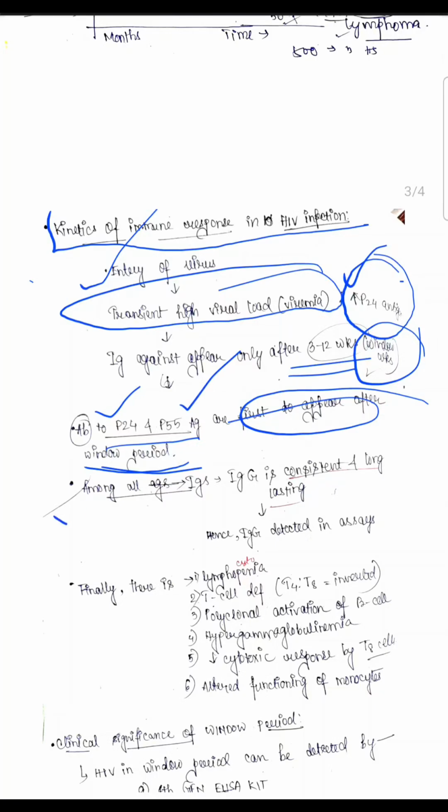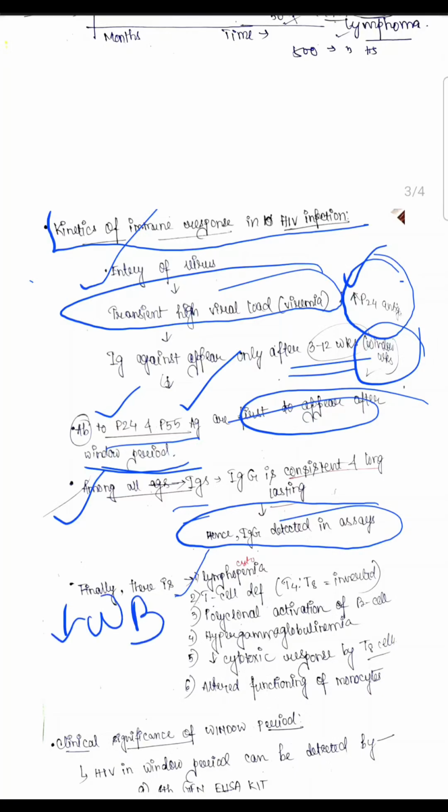Okay, now next, among all immunoglobulins or antibodies, which is the long lasting? We know for every kind of infection the long lasting antibody is mostly immunoglobulin G. The IgG is the consistent and long lasting antibody, and here there is no exception. So the IgG is detected in immunoassays like ELISA, like chemiluminescence immunoassay, etc. Now finally what happens? After the antibodies are formed, antigens are seen in the blood, viremia occurs. Finally there is lymphocytopenia, that is a decrease in WBCs.